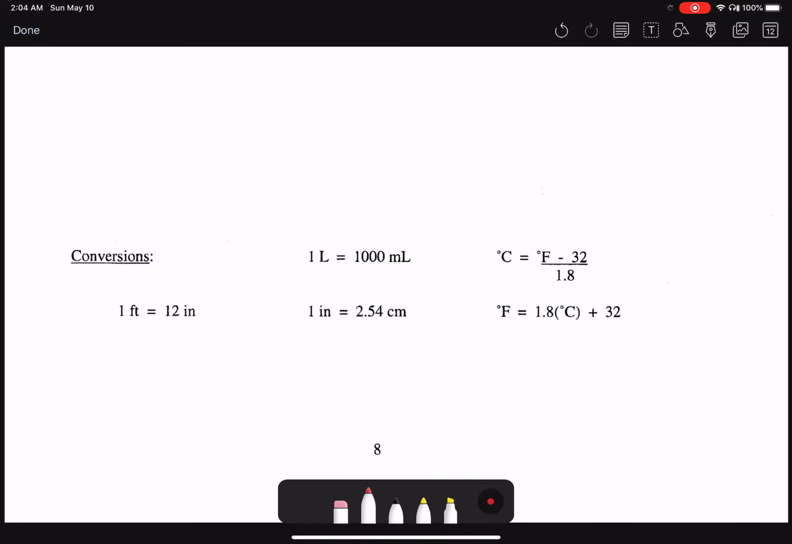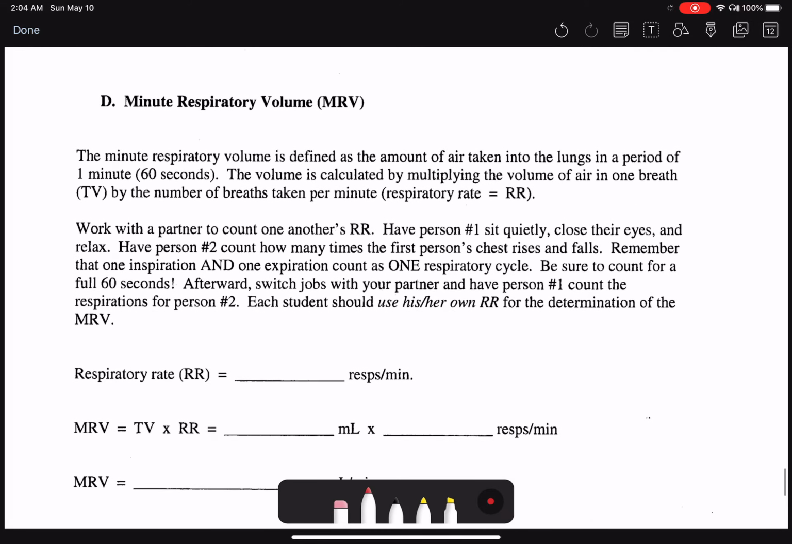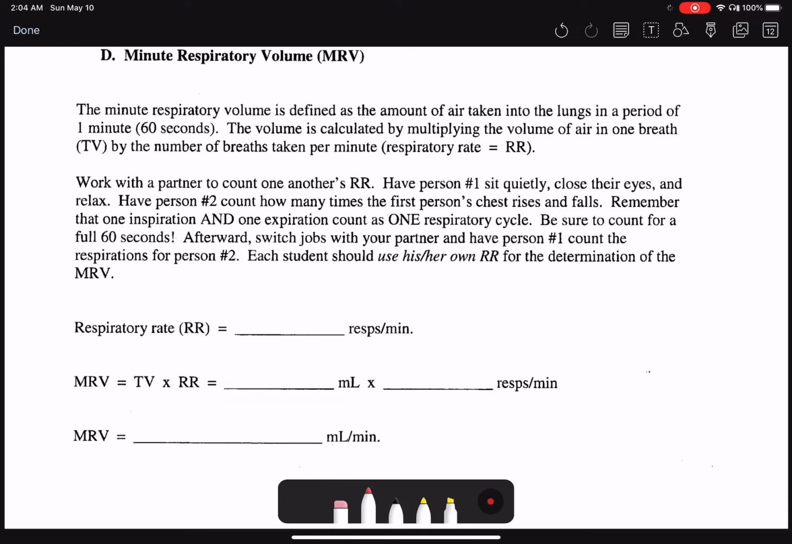All right, so anyways, the last part here, minute respiratory volume. I do go over the minute respiratory volume on that first video that I posted on the respiratory volumes and respiratory capacities. So this is very simple. You just take your respiratory rate. Let's say my respiratory rate is